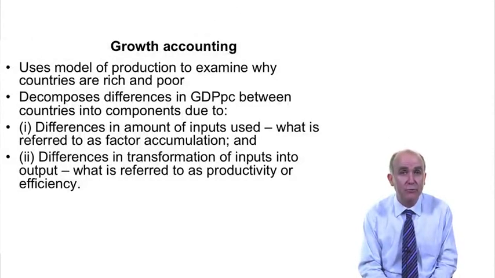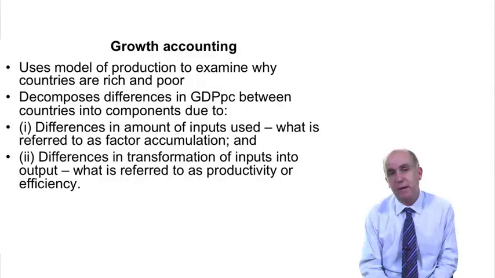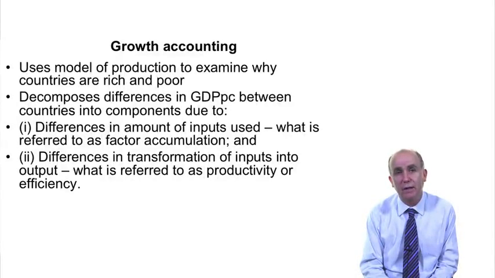Or we could think of two countries, both of which have exactly the same amount of land, workers and capital that they can apply to produce wheat, but one of them just has a better understanding of how to combine those inputs together to produce wheat. So they're better at knowing a way to plough, they're better at knowing what time of year to put the seeds into the soil, and so on. And so they would have higher output because of greater productivity or efficiency. They're making better use of the resources they have available.